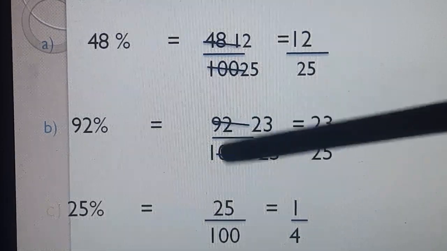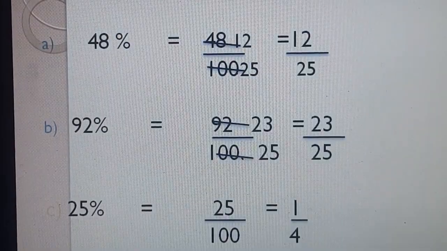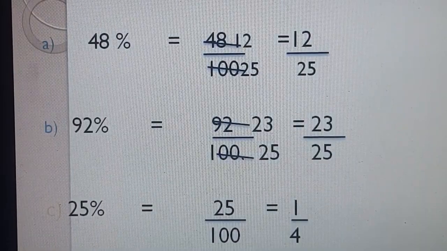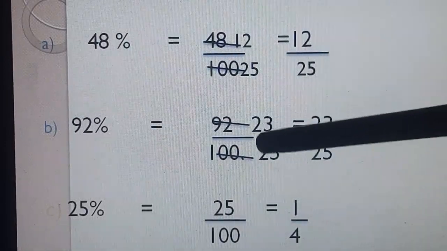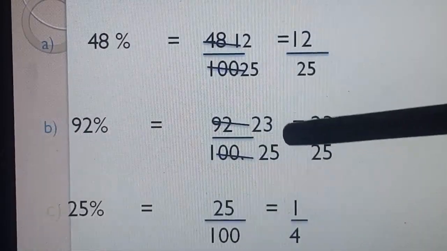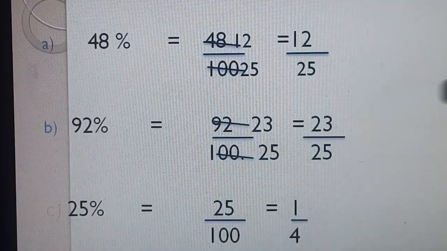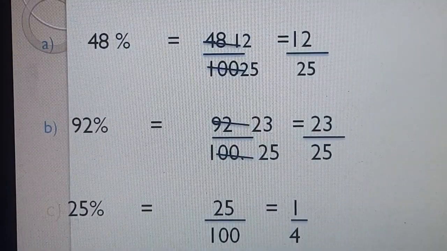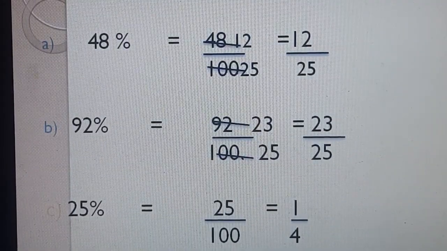But if you are not converting it into lowest form, then definitely your answer is not exactly correct. 92 upon 100 is correct, no any doubt. But you have to convert it into lowest form if it is possible. अगर कटिंग हो सकती है, आप नहीं कर रहे हैं, then definitely your marks will cut down in your test. Teacher will definitely deduct the marks.